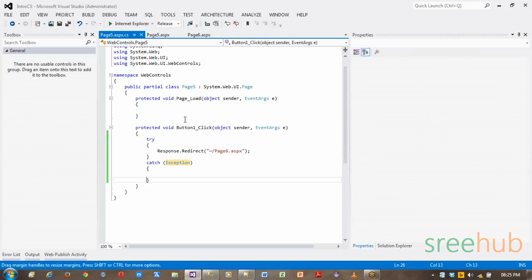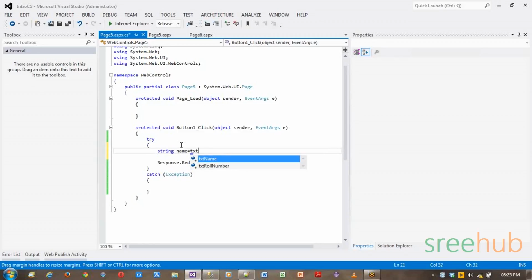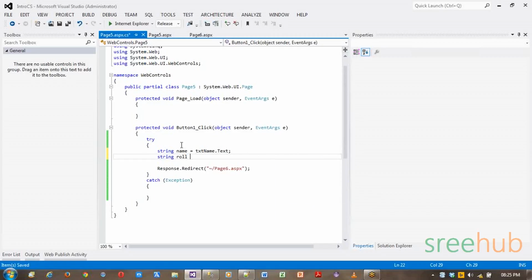In page 6, whenever you enter any text, let's say I'm taking a string name is equal to txtName.Text, and let's say you have a string roll is equal to txtRollNumber.Text. Now, how can I actually pass it in a